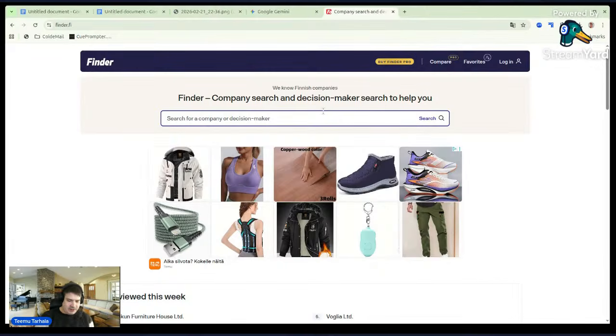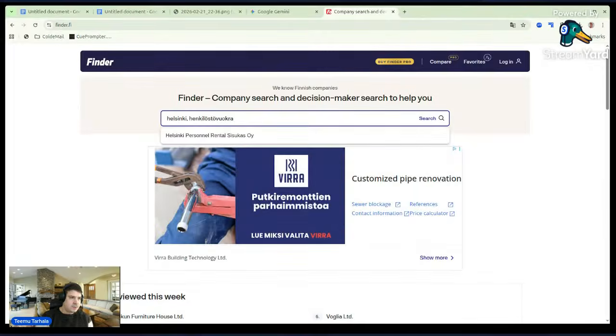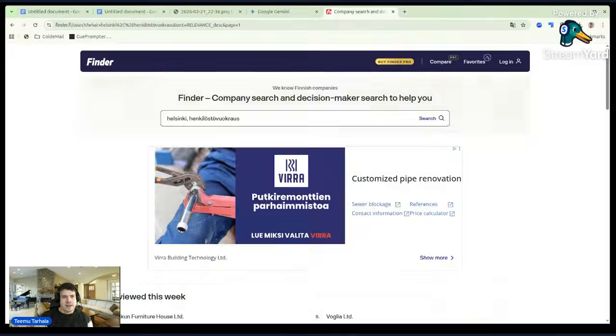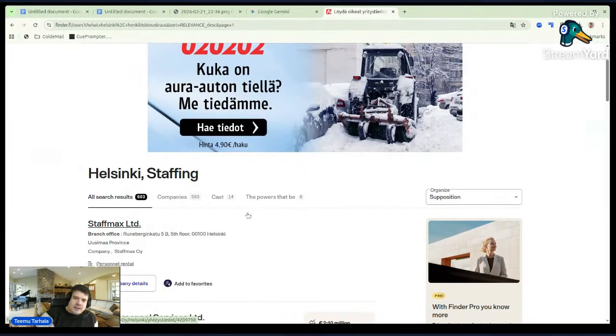But hey, we were in Helsinki, and the word we are looking for is henkilöstövuokraus. Let's see what happens. Like I said, Finland has around 2,500, I think 2,560 something staffing companies.